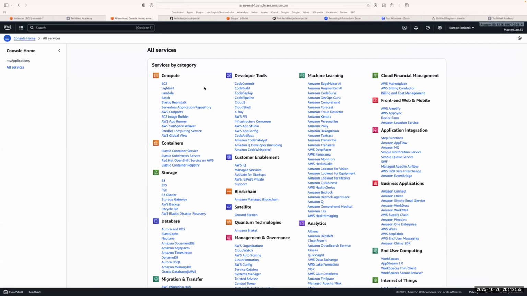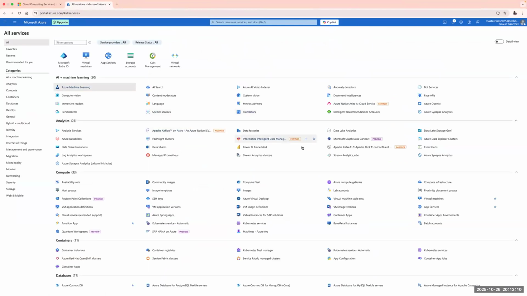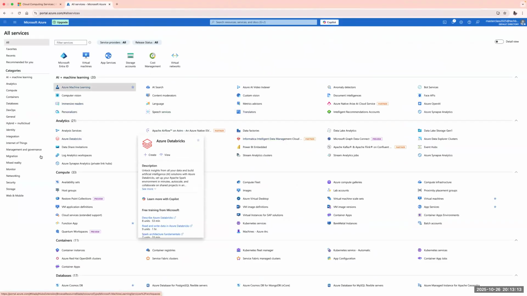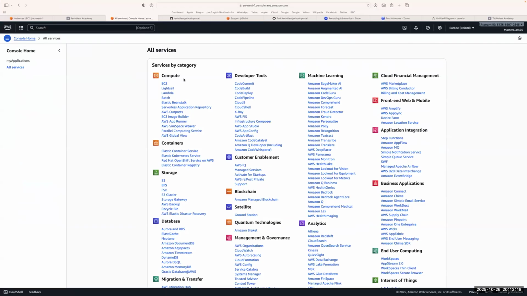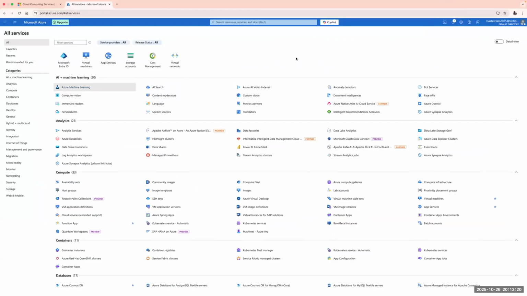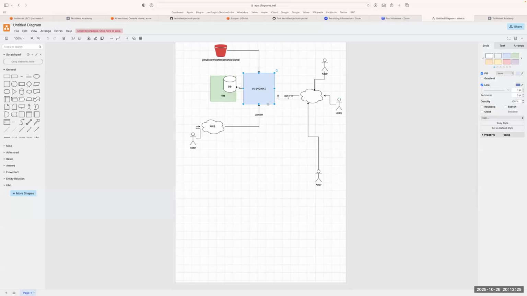So these are all the services in one go that you see on the AWS platform, categorized into different groups. The same way you see all Azure services, which you can click here to see more of. And you can see them over here. They're kind of matching: compute and all the rest of it. So they're all kind of similar. So we would replicate what we did yesterday, which was spinning up a machine, connecting to the machine, etc. We're going to try that here